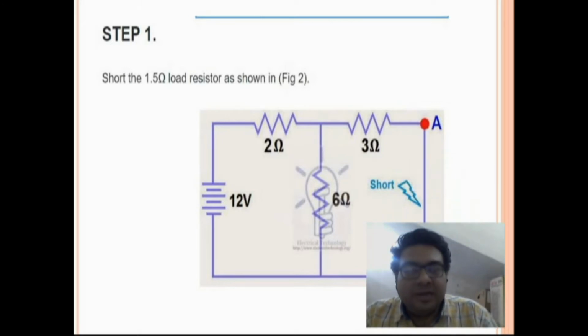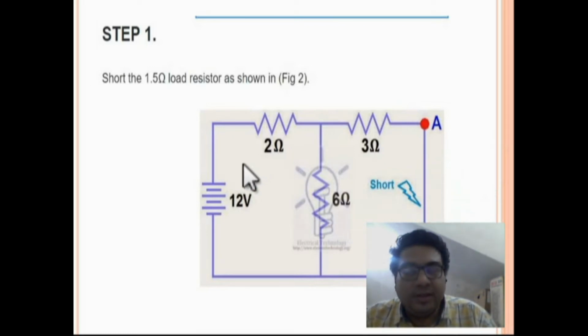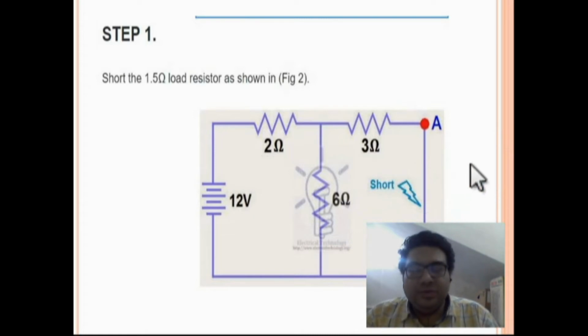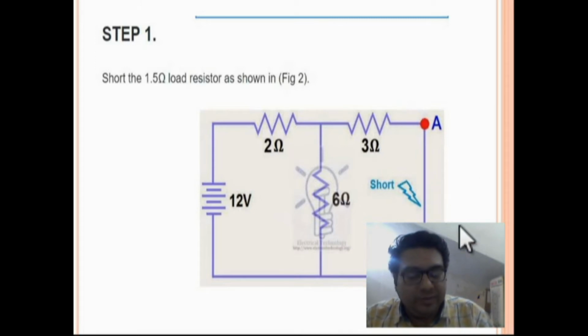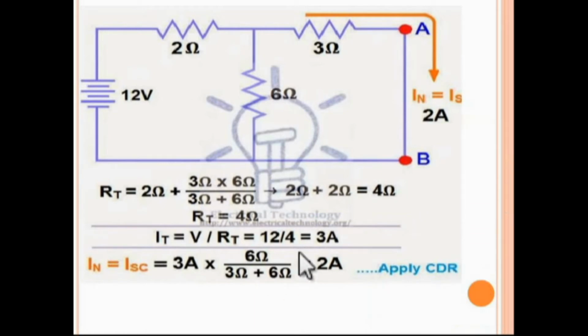So guys, then you have to apply the second step, find this current. You can apply KVL, or you can use the reduction method, or KCL or nodal analysis, and then find out this current. Let's see in the next slide how it is found. Here the reduction method is applied. When it is short circuited, we can find the R equivalent. 6 and 3 will be in parallel, and the series resistance 2 ohm will be added.